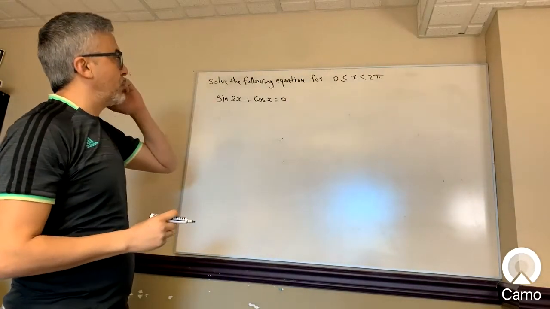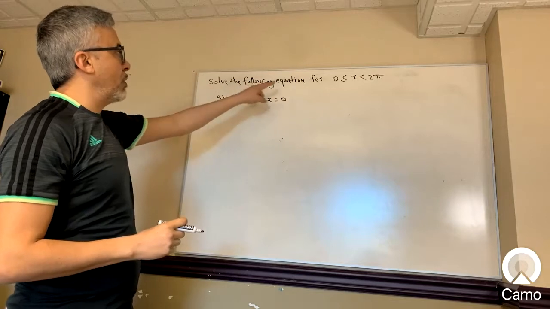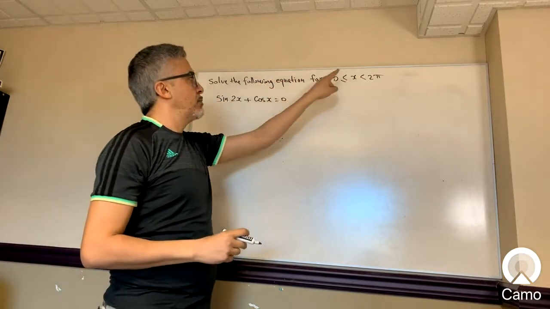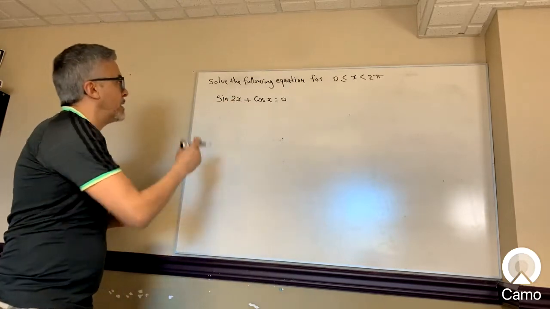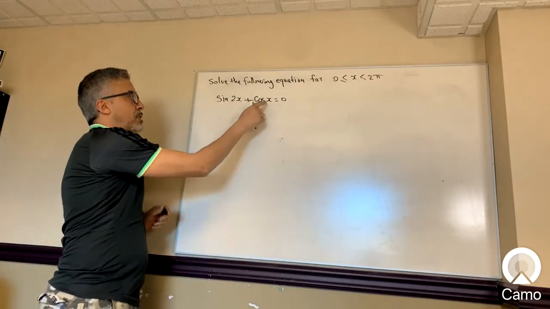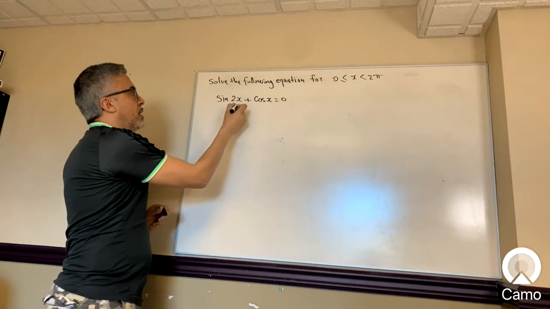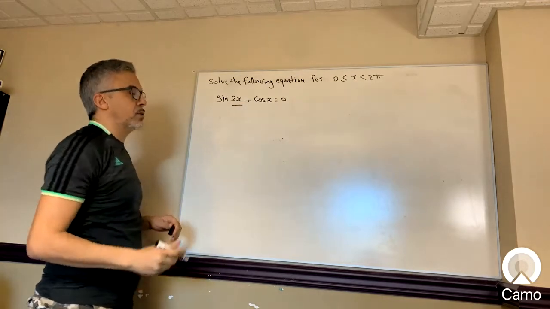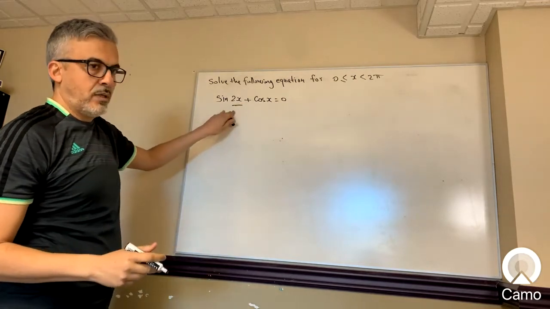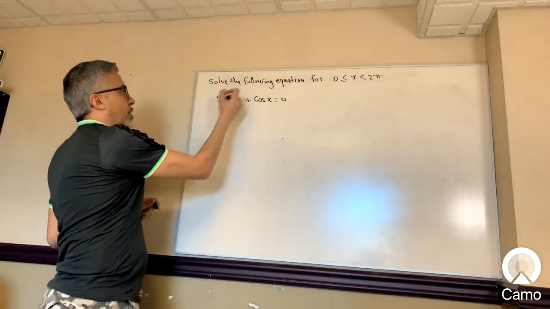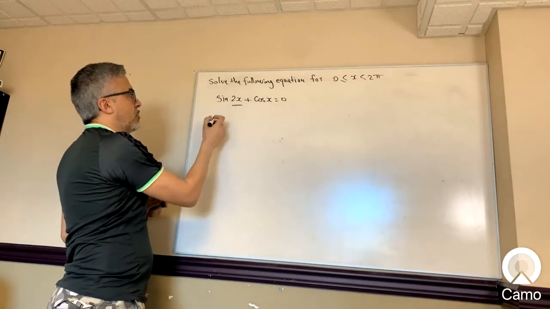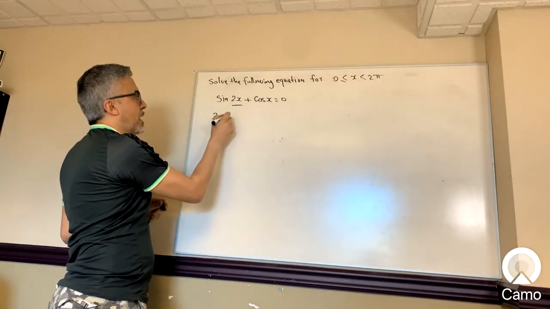I'm just going to do some trigonometry. Solve the following equation for x between 0 and 2 pi. This expression right here, as you notice, is sine 2x plus cos x equals 0. This here is a double angle, so I have to change that to a single angle for me to be able to solve this. So the identity for sine 2x is 2 sine x